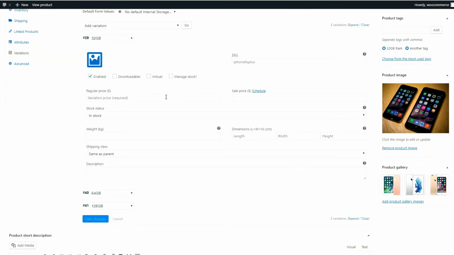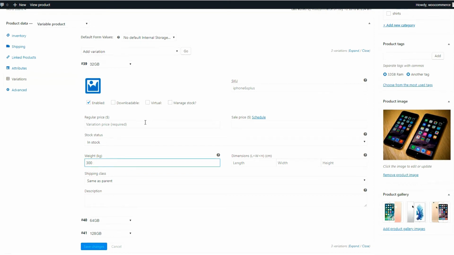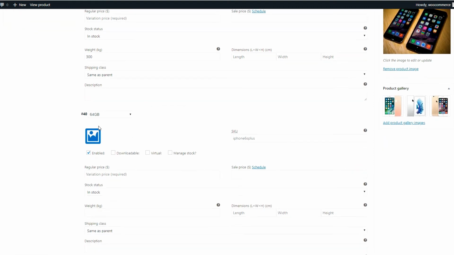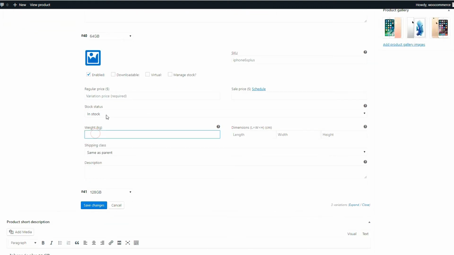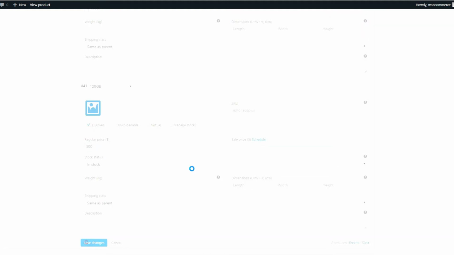Now you can set your price here. You are selling 32 GB, I think, for $300 for suppose, and you are selling your 64 GB for $400 for suppose, and you are selling the 128 GB for $500. So $500. Okay, save changes,